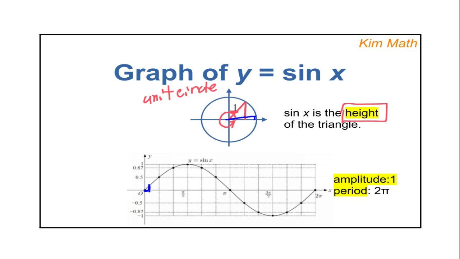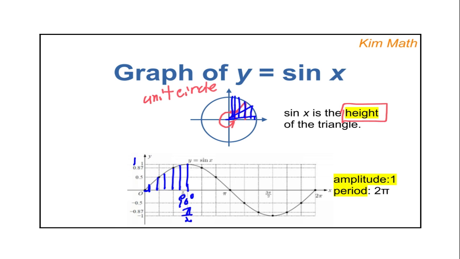Now, as the angle increases, please note that the height, if I draw the height only, is increasing. Here, height is increasing. Okay? So when you hit 90 degrees, or pi over 2,